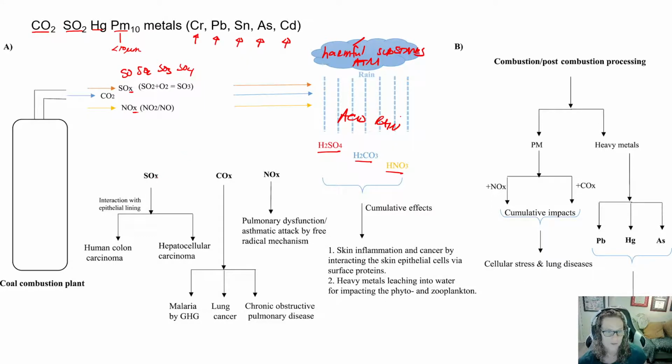You can see here sulfur particulates. They deal with your epithelial lining, your colon. You can have colon cancer from taking this in, cancer in your cells, in your inner cells, in your skin cells. Carbon pollutants are going to cause warming, and warming has a lot of different things. Malaria. Greenhouse gases make the temperatures warmer, which breeds mosquitoes, and mosquitoes spread malaria. So that's a big health effect a lot of people don't think about.